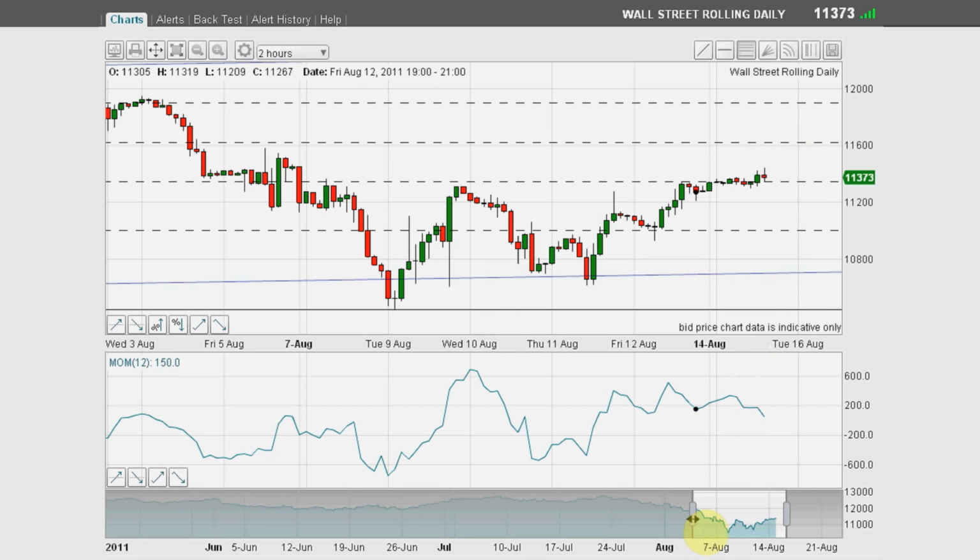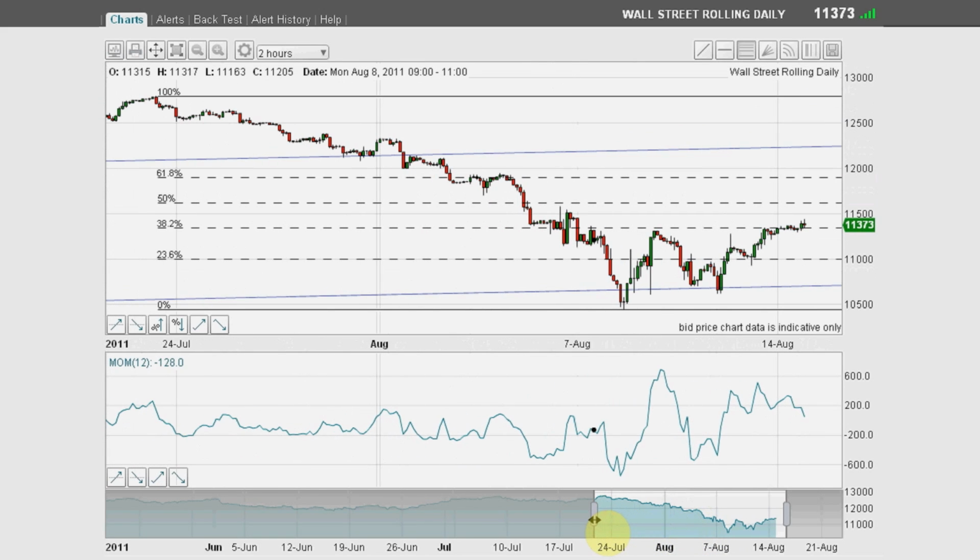target. So let's see if we can find any tram lines from the top. If I get my trend line generator, I use that as the top. I swing it down, and it clips that high and that high. So I've got 1, 2, 3 touch points. That's enough for a tram line. Extending the line down here, I would expect if the market reached this line here, that would be pretty good resistance. So for a stop, I would put my stop, if I was shorting in this region here, just above that line there.